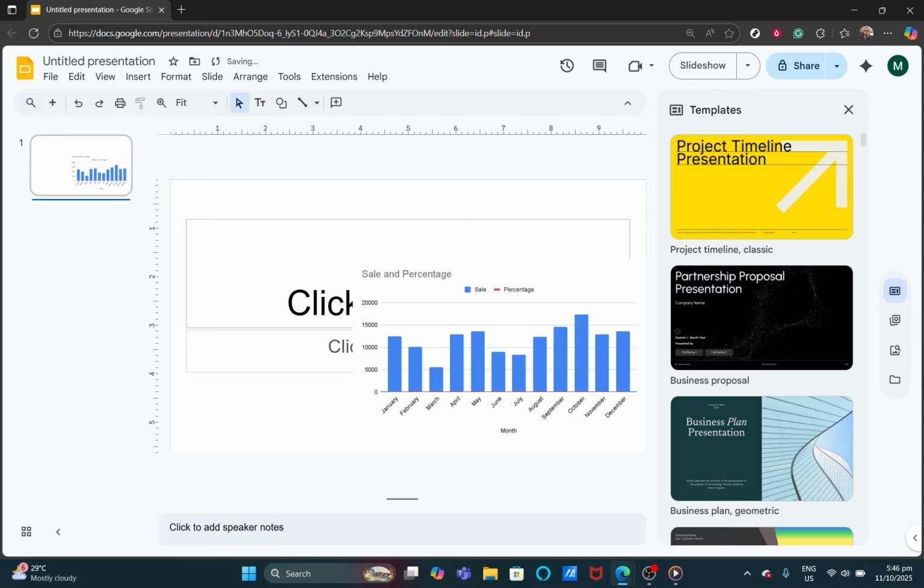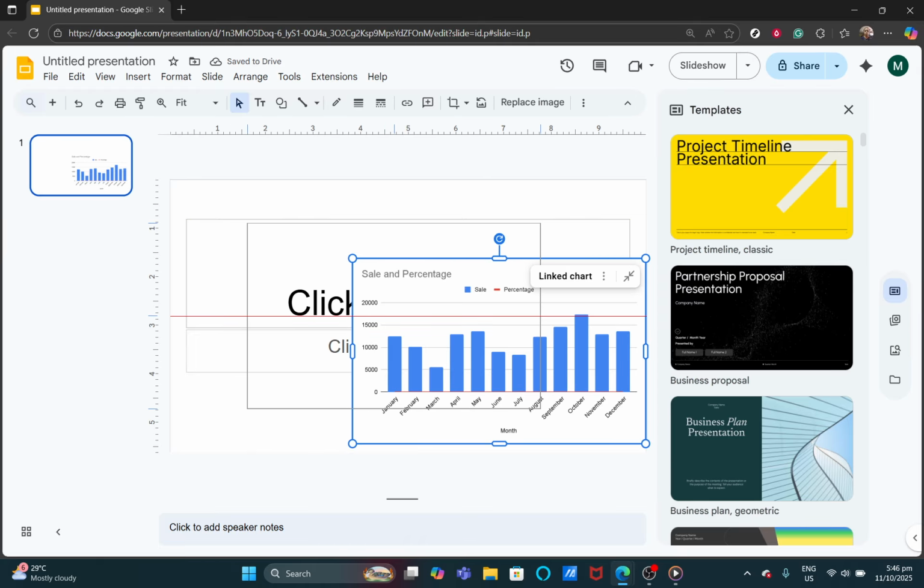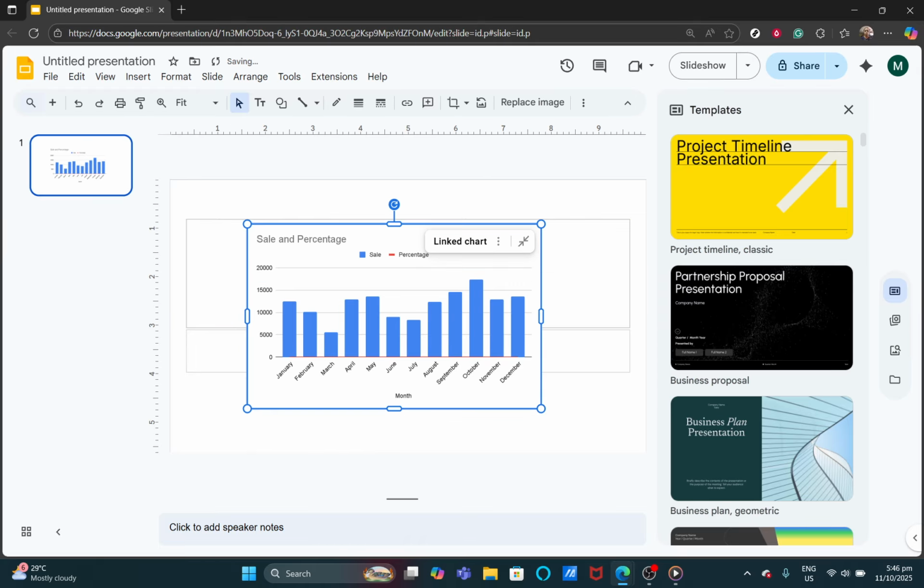And that's it. By following these simple steps, you can effectively insert charts from Google Sheets into Google Slides, significantly enhancing the comprehensiveness and engagement of your presentations. Thank you for watching, and I hope these instructions help you create compelling